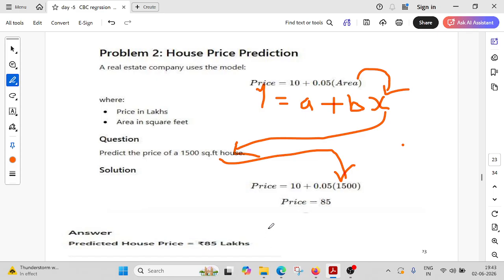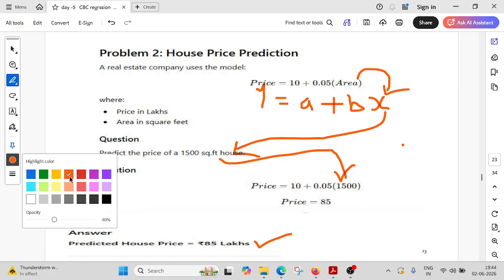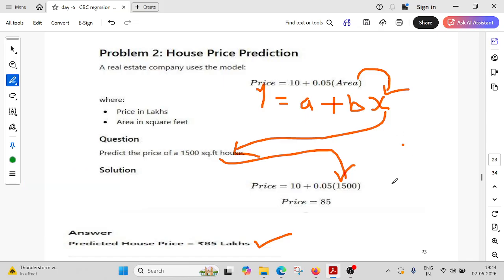So what is the house prediction value? 85 lakhs. Generally, if I'm purchasing a house, at that time also we see the area of the house and how much it will cost. Generally the persons will tell us, madam, this one comes to 85 lakhs, madam, this was 43 lakhs. We don't know what the a value is, or what the b value is.